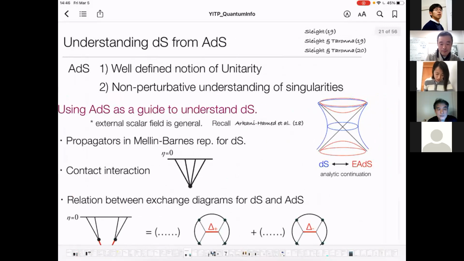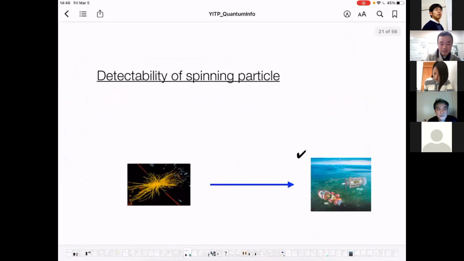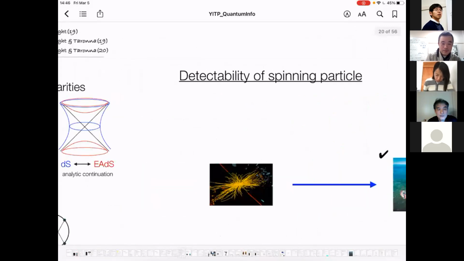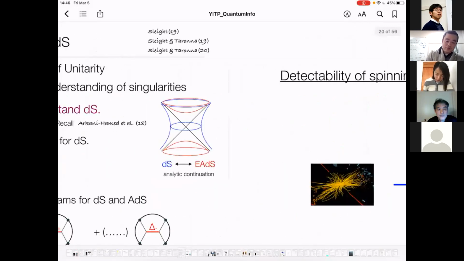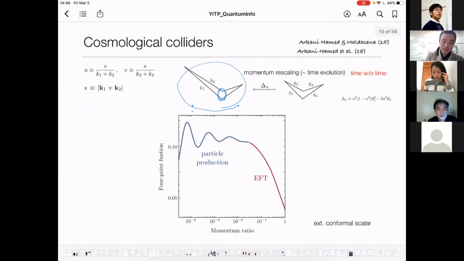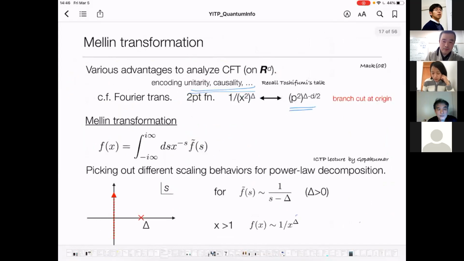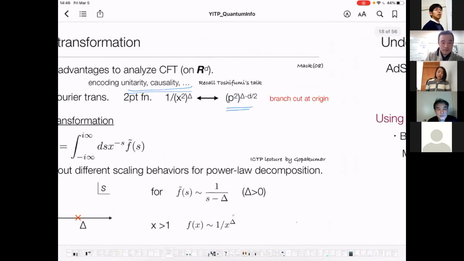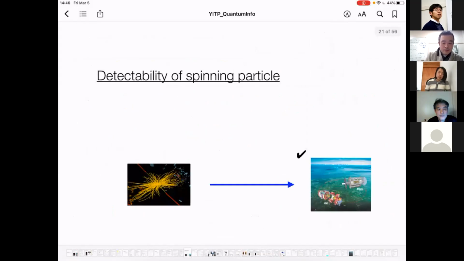Maybe I will finish with talking about the detectability of spinning particles. As I mentioned, by using this technique, we can calculate this one, the consequence of the particle production encoded in the 4-point function. So the question is, can we observe it? If it is possible, it means that we can see the imprint of the very massive particles which were generated by using the high energy of inflation